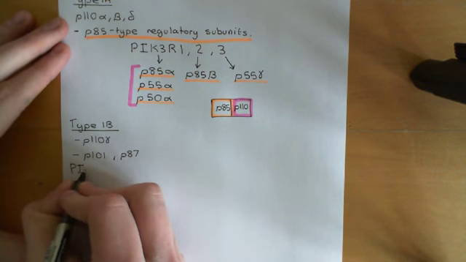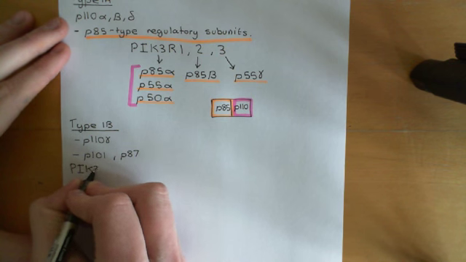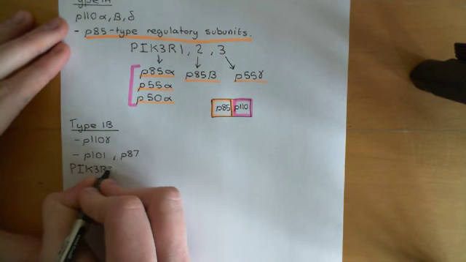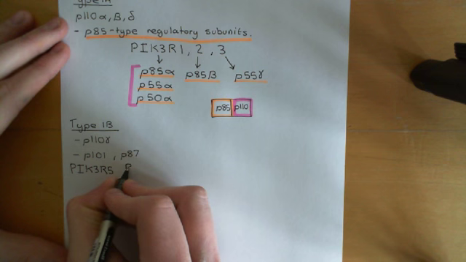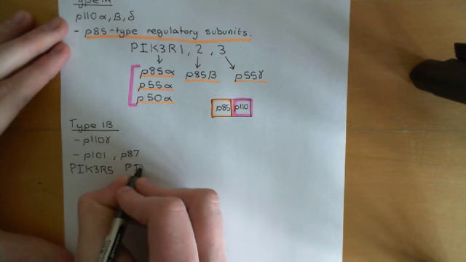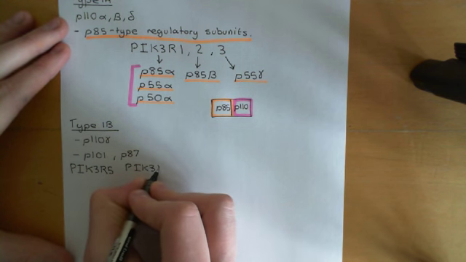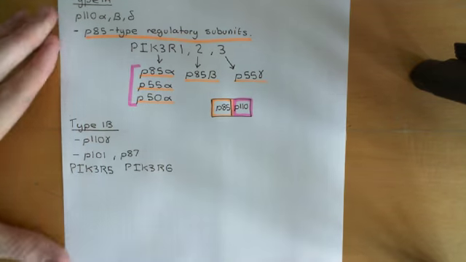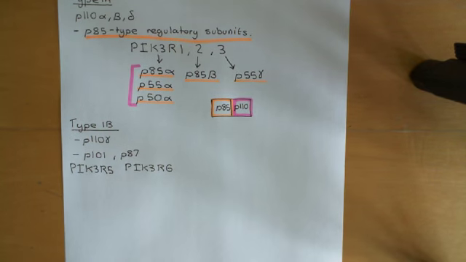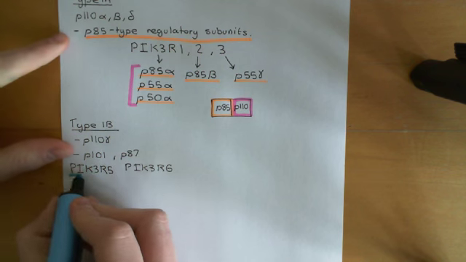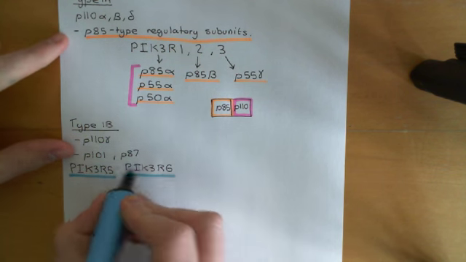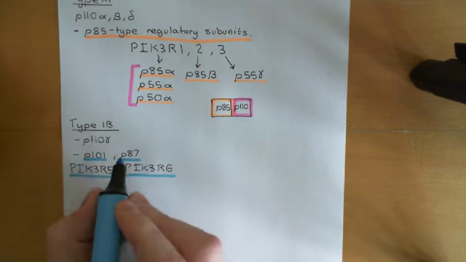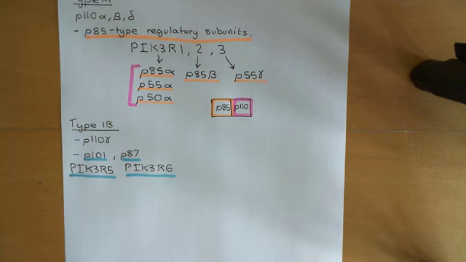So P101 is encoded by PIK3R5, and P87 is encoded by PIK3R6. I don't quite know what happened to PIK3R4, but these are coded for by PIK3R5 and PIK3R6. Okay, right. So, if you want to build a type 1b PI3 kinase, you don't have any choice about